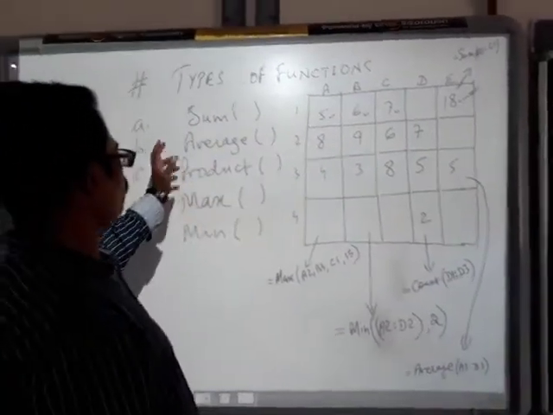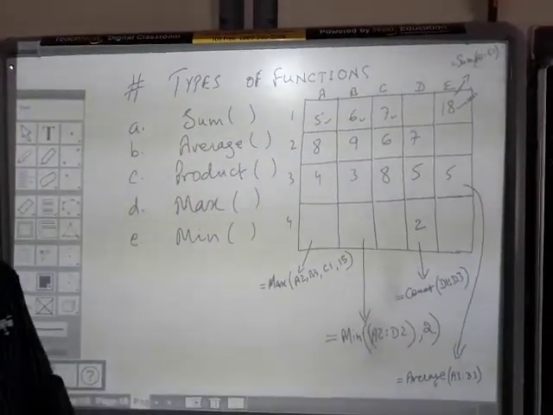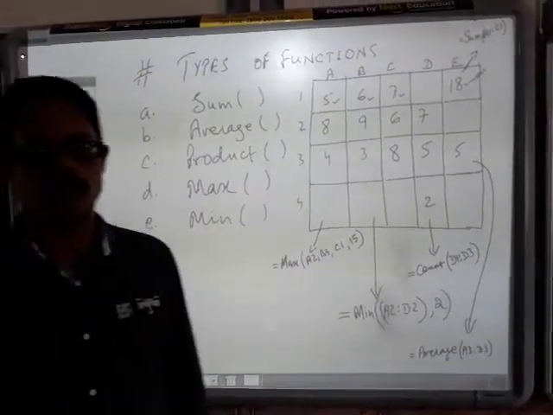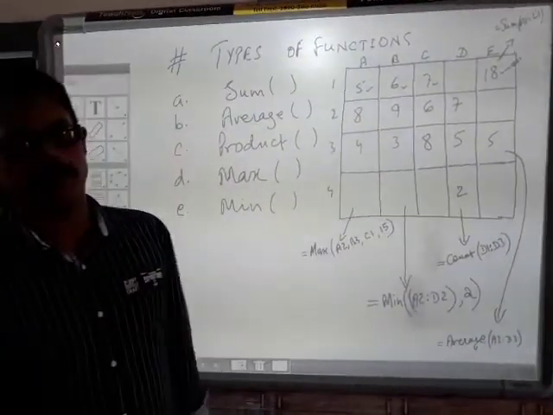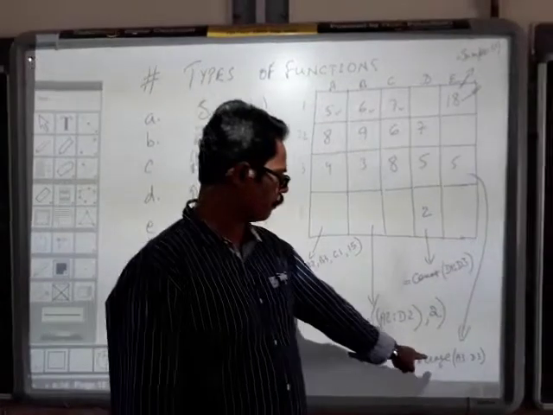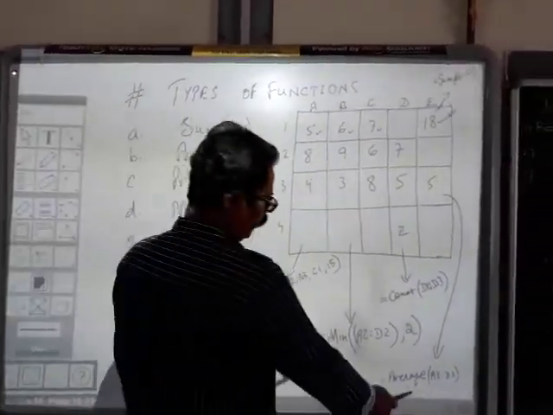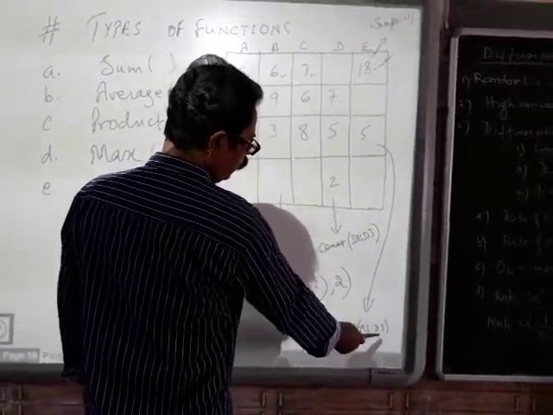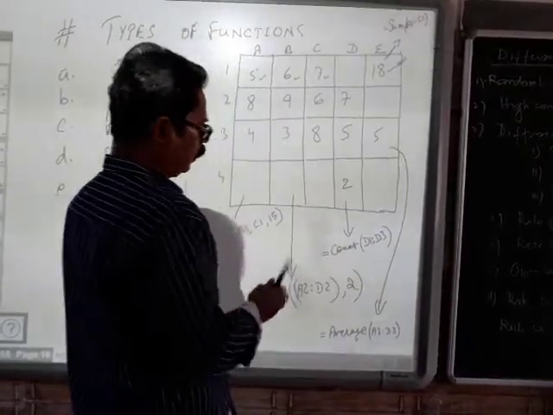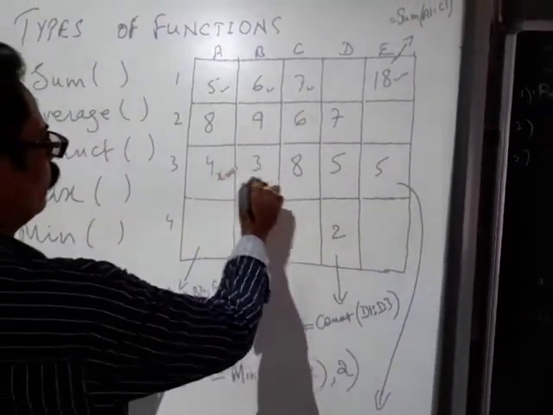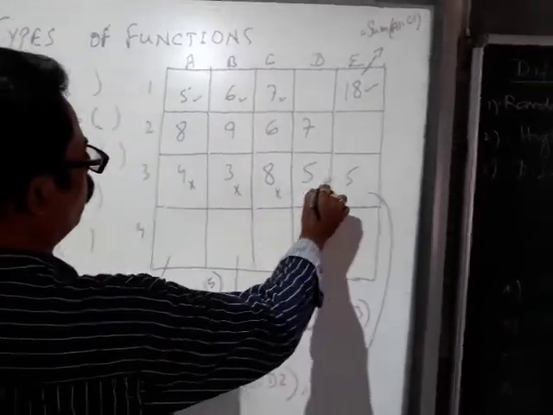Then there is another type of function called average. As we know how to find the average, the formula for average is the sum of the numbers, or the units, divided by the number of units. So here again, when we want to find out the average, look here, I am writing equal to average A3 colon D3, that is the colon sign, and D3. That means we are trying to give the range. Okay, this is A3, B3, C3 and D3.